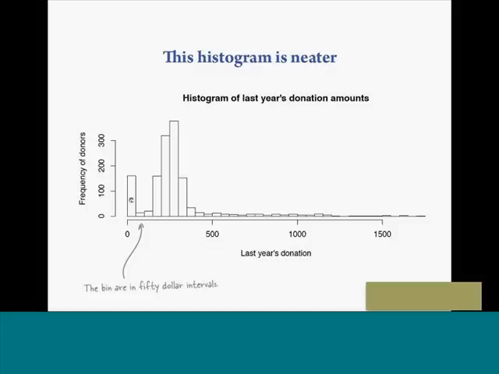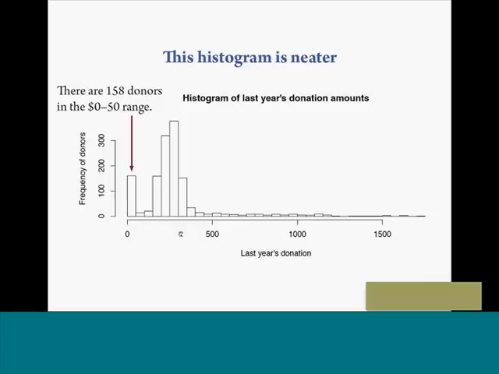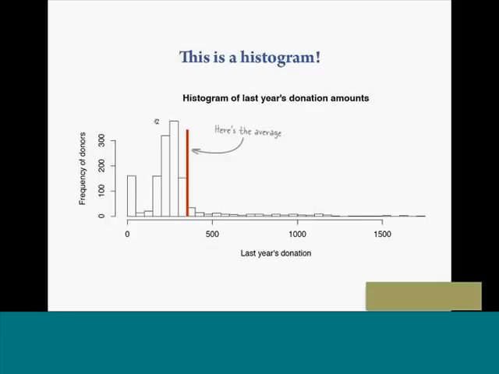And we know here that we have approximately 180 people who gave in this 0 to $50 range. And here's our hump in the middle, which actually gets quite high. By looking at the area of these bars, we can see where along this range, in terms of donation size, people concentrate. Like I said, there are 158 donors here in the 0 to $50 range.